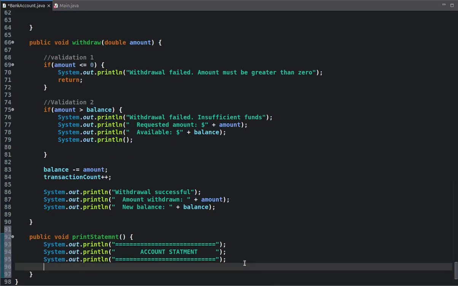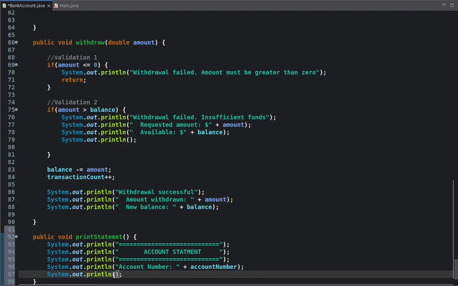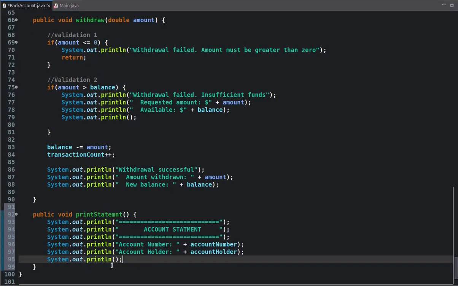Then for our statement, we are just going to print out everything. So account number, then we append the instance variable that we called account number. We move on to the second one, which was account holder, and then the instance variable that we called account holder comes in there. Then what was next? The balance. So balance,